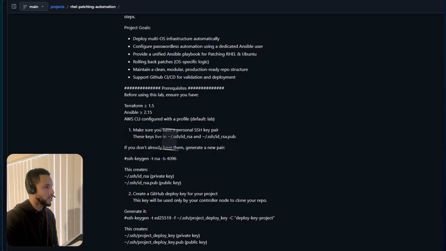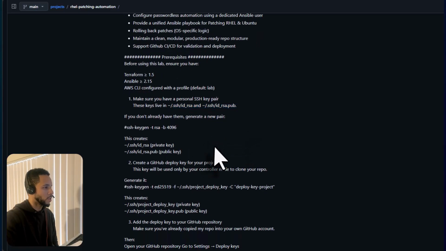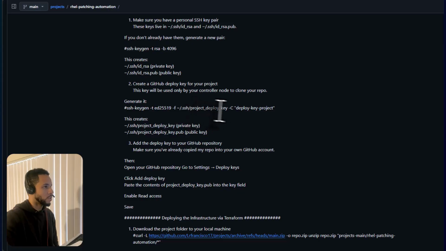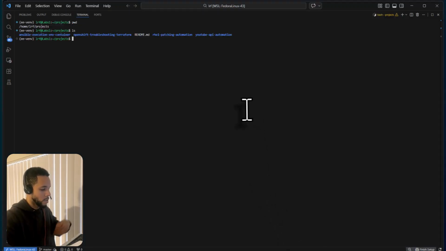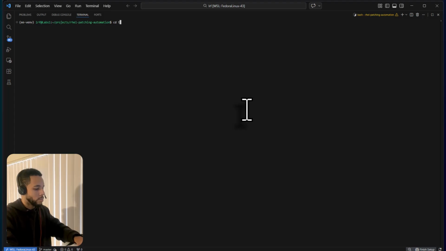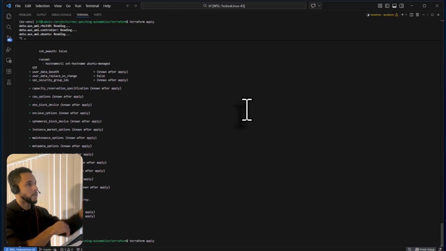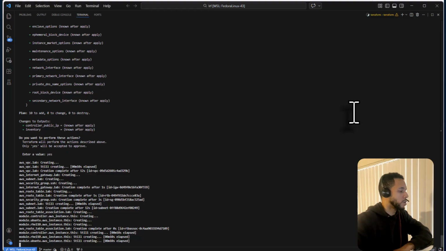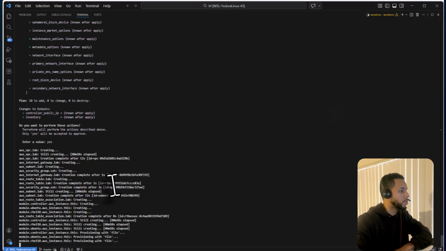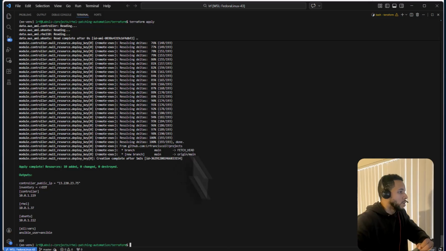If you follow these, here you can create your local keys, and your deploy key project. Once you do that, I'm actually gonna just spin it up now. So I'm gonna go into the project, apply, I'm running the execution environment. And then we get the public IP to SSH into on the controller node, which is gonna show in the output. All right, so here in our output, we have our public IP to SSH into the Ansible controller